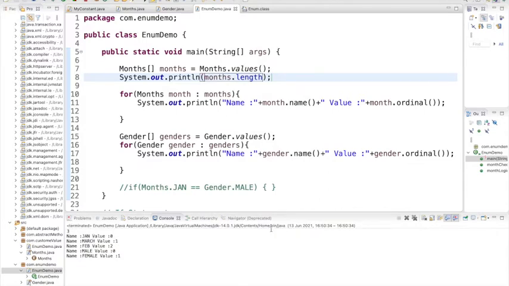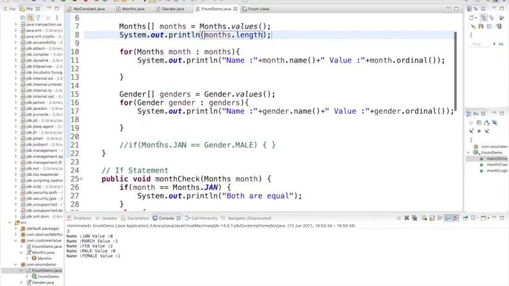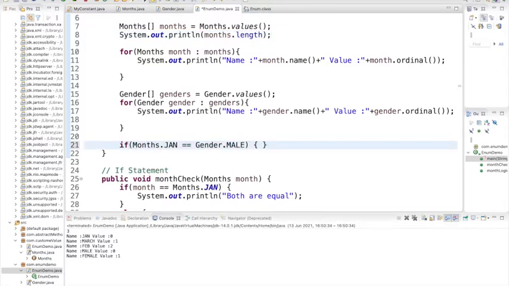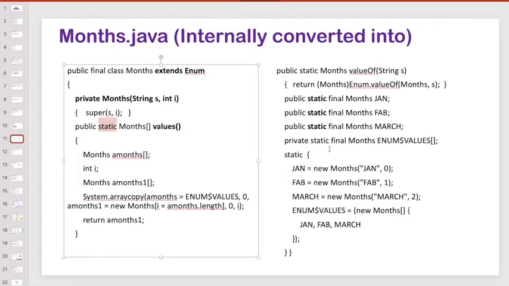So what was the problem with the interface? We have already overcome that with the enum, right? And another problem was the confusion between two different sets of constants. Now if I want to compare January with male, female, the compiler is giving an error. The compiler is saying, hey, you cannot do that, I will not allow it. And what is the error coming? Incompatible, right? So these are the benefits of the enum, right? That's why I was talking about it here.